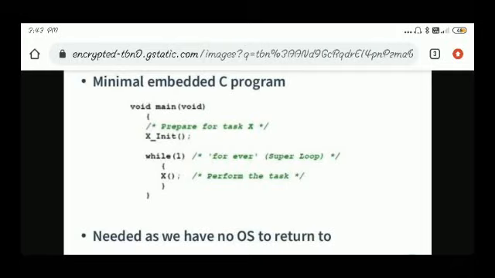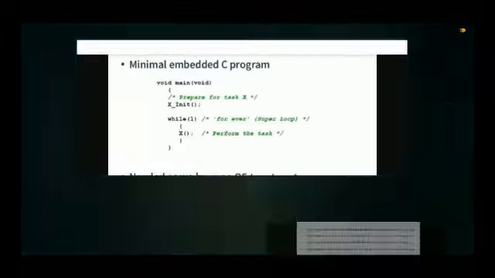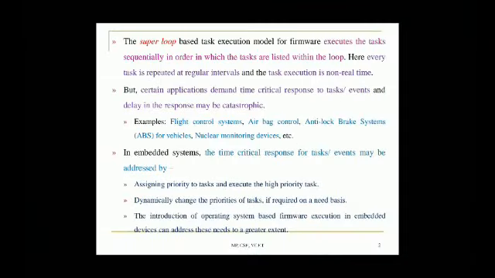Look at the while loop. Within the while loop, here we have declared only one particular task, X, right now. But as I already said, it need not be the same; it can be multiple tasks to be executed. So within a loop, you may declare task 1, task 2, task 3. In the same order in which we declared or listed them within the loop, the tasks are executed at regular intervals, repeatedly. In such applications, we use this simple super loop method.